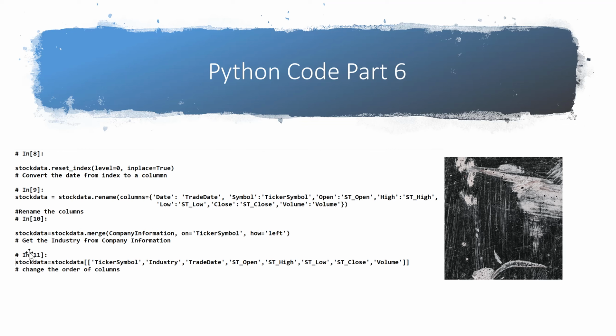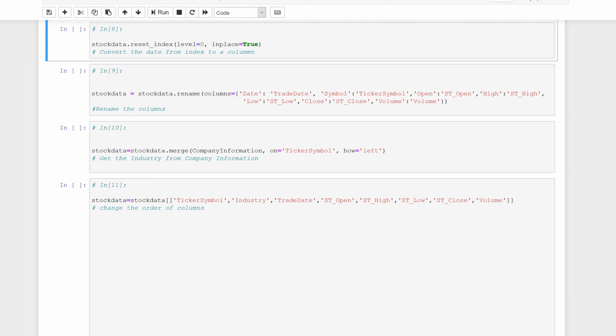Many would consider it bad design to have industry in the stock data table when it's already in the company information table. I do that because I like to show a lot of group by and aggregate queries, and it really helps in those queries to have it in stock data. Here at the end, we change the order of the columns to be the same order as they are in the SQL table. Let's run these sections of code then that are organizing and arranging the data internally in preparation